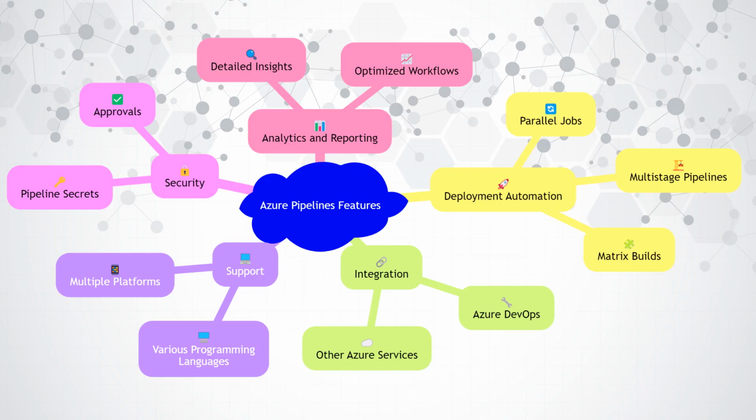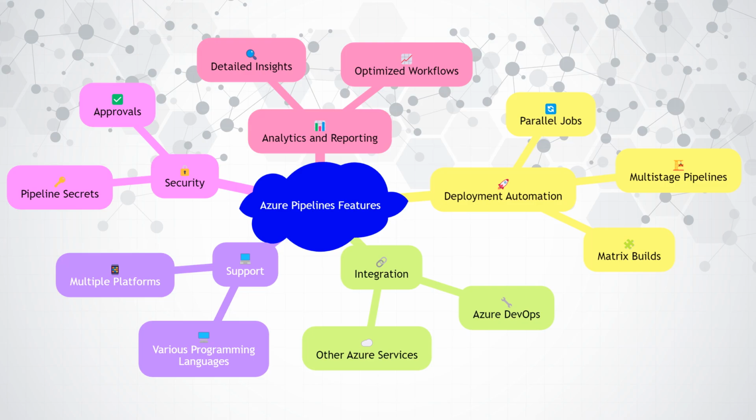Azure Pipelines boasts several features that make it a robust deployment automation solution. These include support for multi-stage pipelines, parallel jobs, and matrix builds, integration with Azure DevOps and other Azure services, extensive support for various programming languages and platforms, and advanced security features like pipeline secrets and approvals. Additionally, Azure Pipelines provides detailed analytics and reporting, helping teams gain insights into their CI/CD processes and optimize their workflows